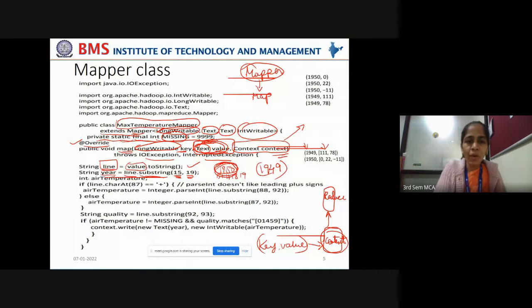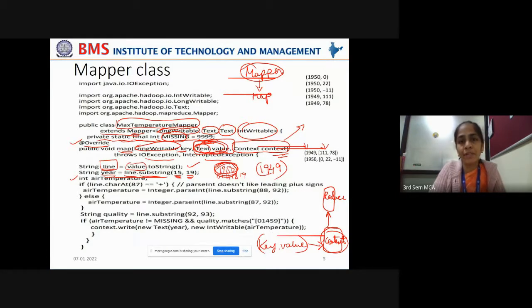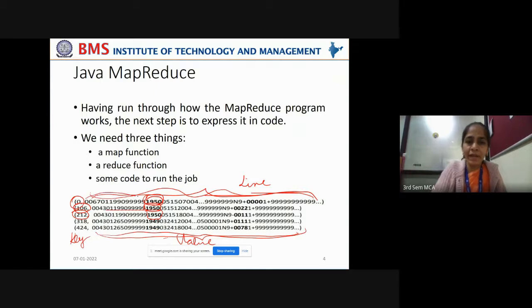Now also declare one variable for taking the air temperature. While capturing the air temperature separately from the main string, you have to take some extra precautions, like whether it is a genuine temperature that is recorded and whether it is a positive or a negative air temperature. To perform these tasks, you have to write some extra code. So once you declare this air temperature variable, start extracting that air temperature from the input split, that is, from this entire input split.